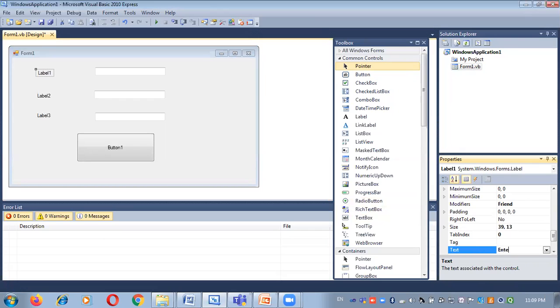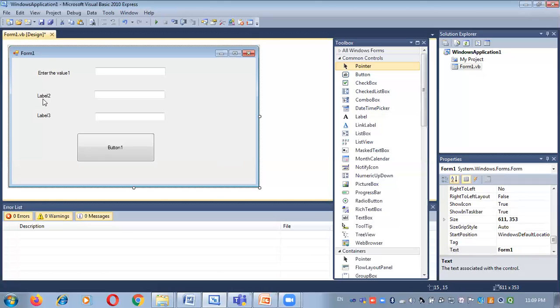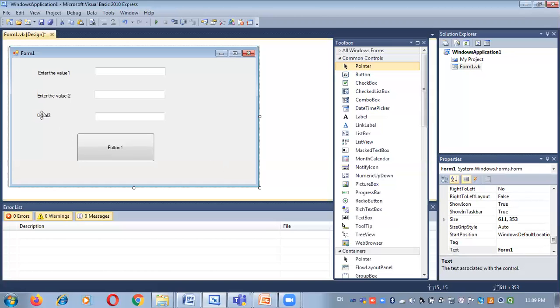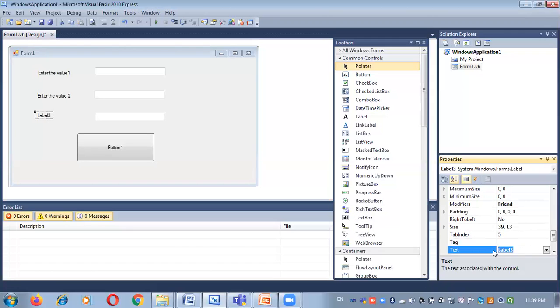So here I am going to enter the value 1, and then I'll set the text property of label 2, enter the value 2, and the third, total.